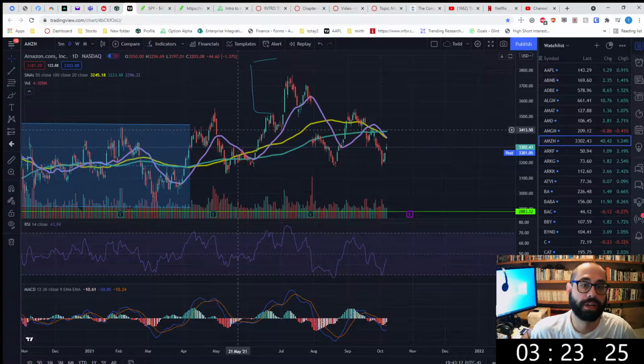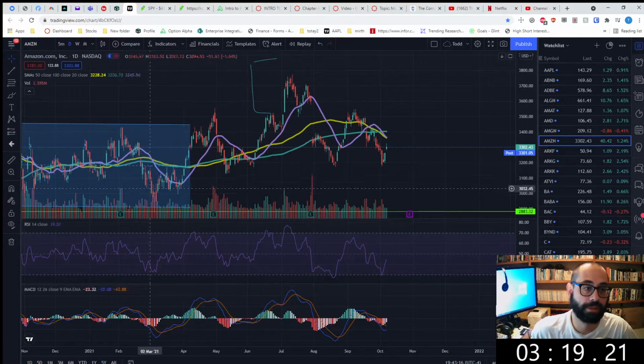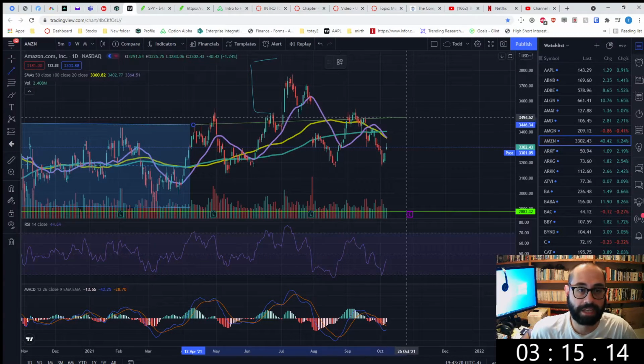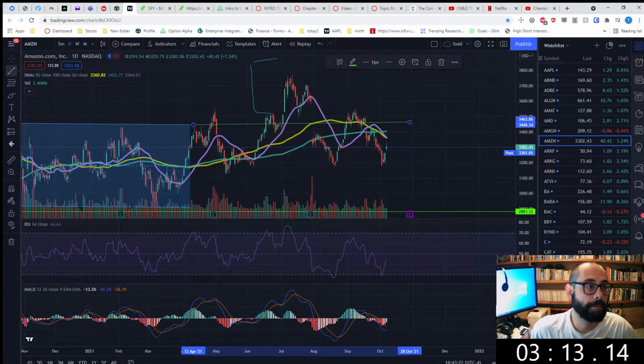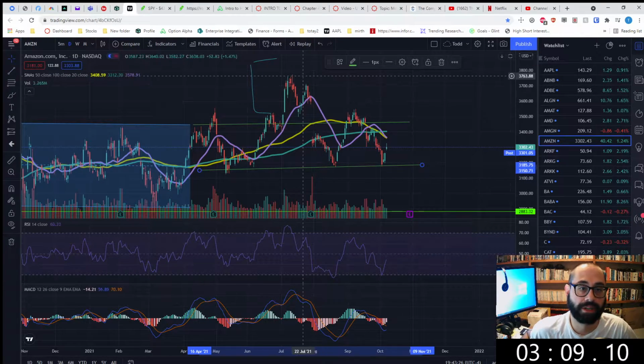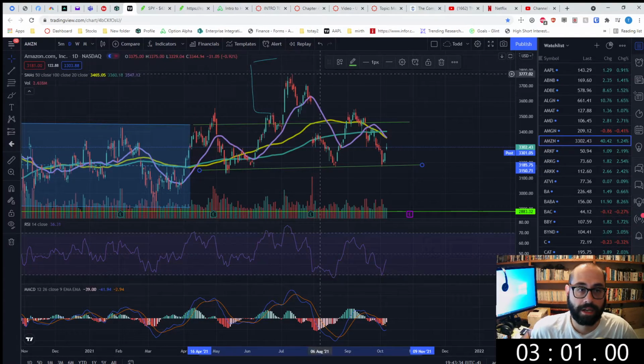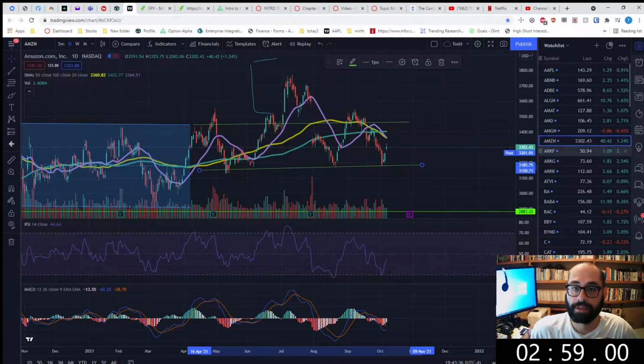I guess at this point, I'm not seeing how they can maintain this upper channel. I think they're going to be back down in this channel, and they pretty much have been 90% of the time for the past couple months. It's actually been pretty tight. We've only seen a couple pops up above here for a short period of time, and then we're right back down in it. So I don't know. I like this channel down in here. Up here, I don't really see it.